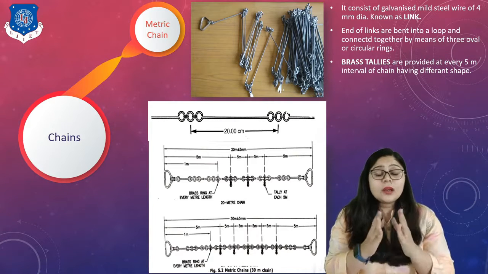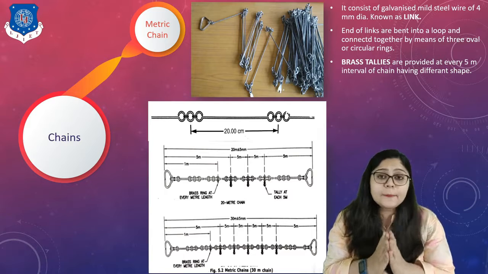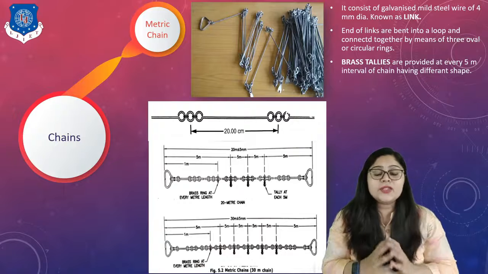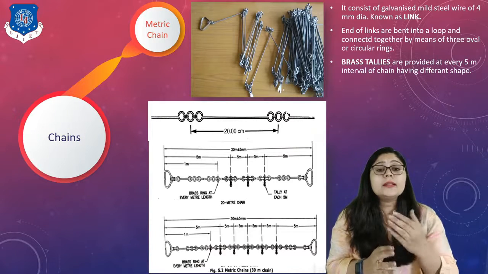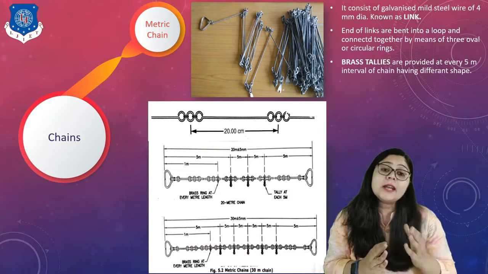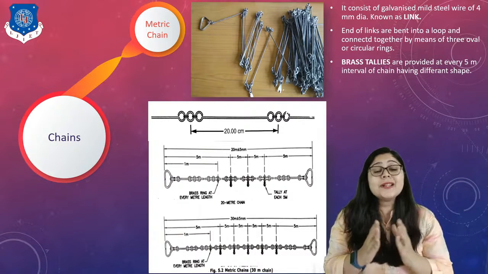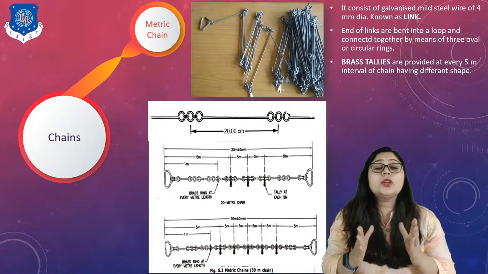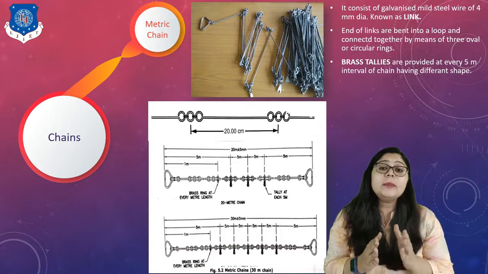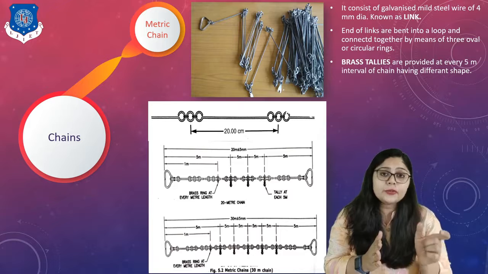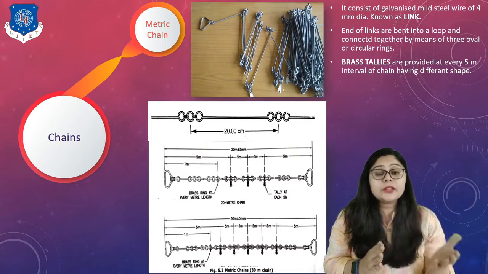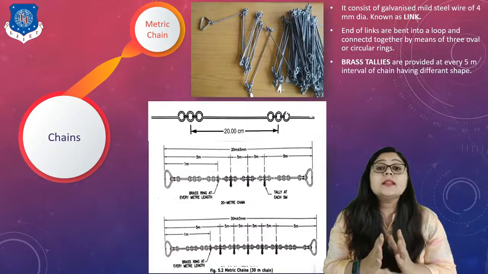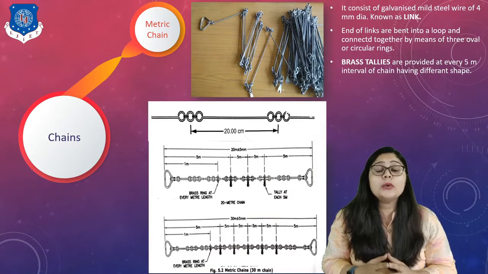It means the number of links is very important when we want to calculate the actual distance using any chain. Here you can see on screen this example is for a 20-meter chain as well as for a 30-meter chain. It means two different sizes of chain contain two different sizes of links, right? So if I talk about a 20-meter chain, then 20 centimeters is the distance of a link. While for a 30-meter chain, the distance of a link, which is the center to center distance of that circular ring, is 30 centimeters, right? It means I can count the links.